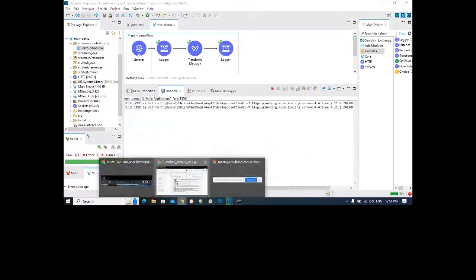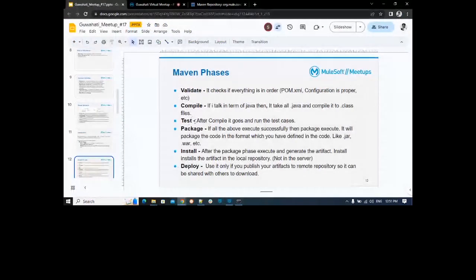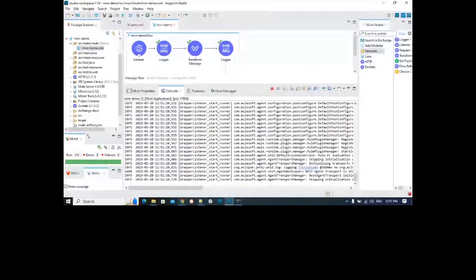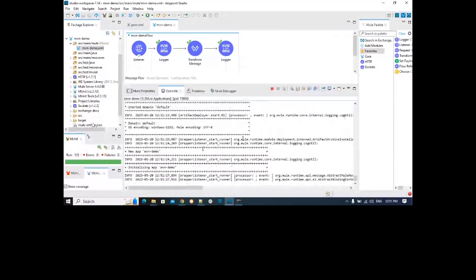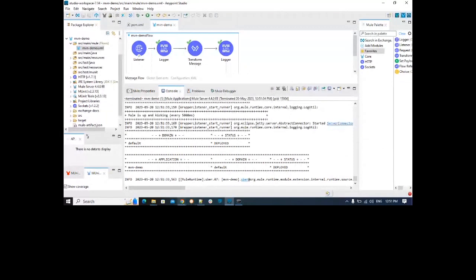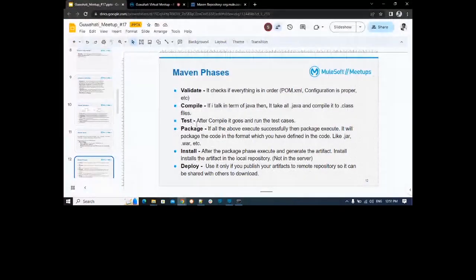Then comes the test. The test is basically to check your units. Whenever you create your unit tests and run them, it will first compile your application and then run the test cases. You have not defined that you need to compile it or not, but it is the property of these phases: when you run one phase, it includes all the phases prior to it, the previous ones. So it works in this priority order itself. Validate is the first one, then compile, then test, then package, then install,